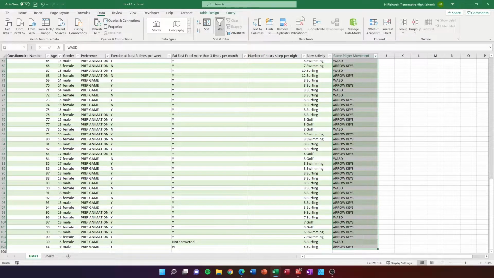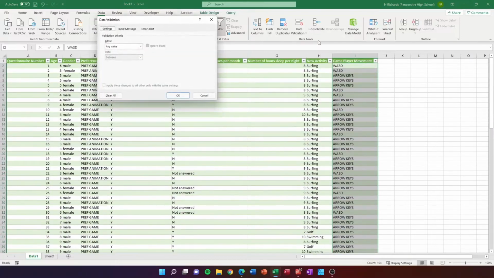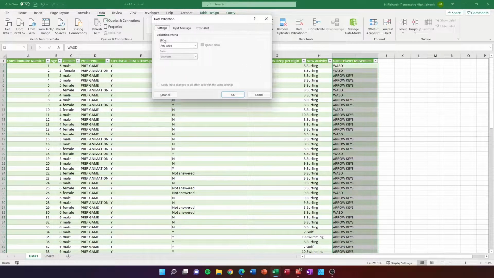So data is used for manipulating and sorting the data. Now, a drop-down list is a form of validation, so it's in the data validation menu. If I click on the bottom half, I can click data validation. And in here, it's telling me at the moment that it will allow any value into those boxes, which is fine. If I change that to list, I can now put in here what I want to appear